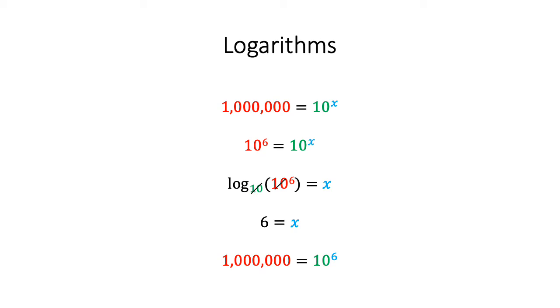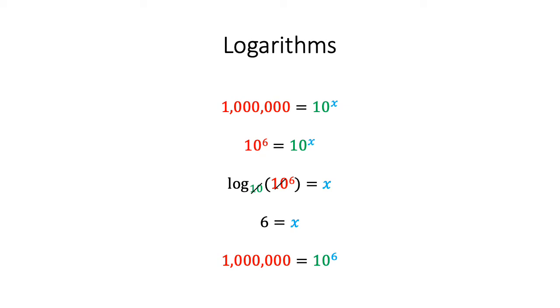Maybe you know that a million is 10 to the 6 when you start the problem. So you could just look at that right away and say, well, 10 to the 6 equals 10 to the x, so x must equal 6. That would be easy, and it would be correct, but in order to show you this rule, we're going to solve it by taking the